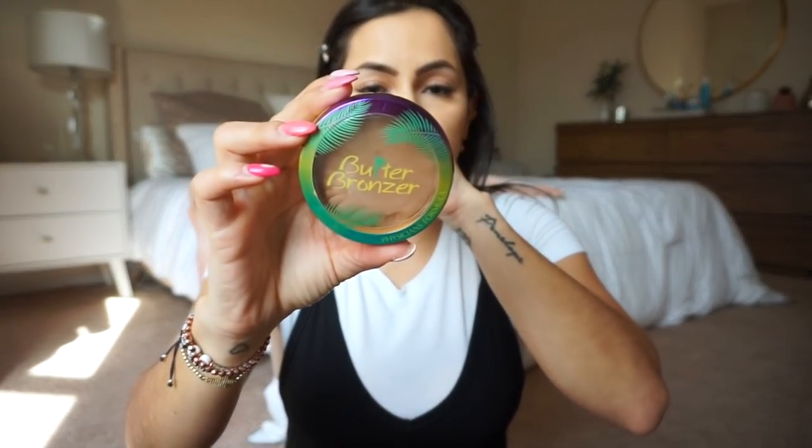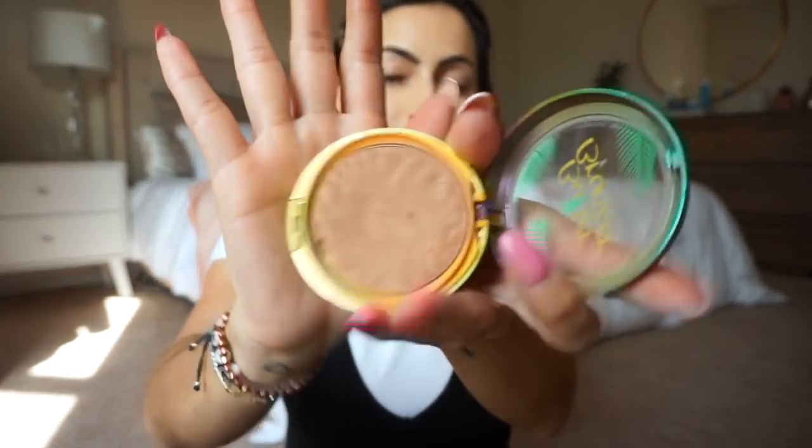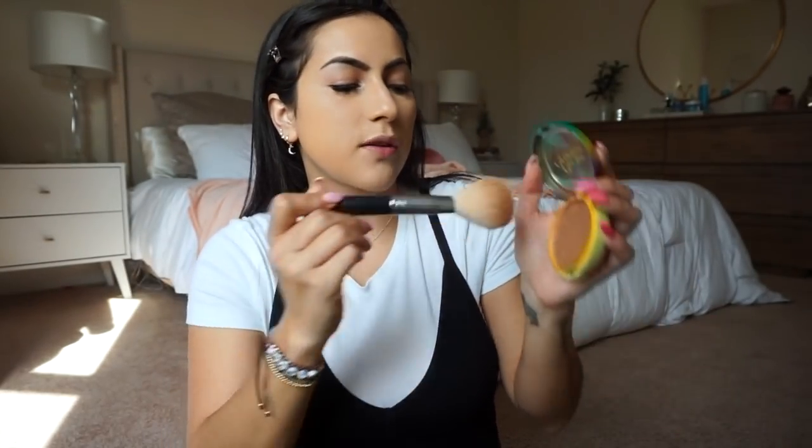For bronzer today, I am using the butter bronzer from Physicians Formula. This is the deep color, the deep bronzer. It smells like coconut, and it's a matte bronzer, and it's really, really good. I'm using this brush. It is from Morphe, and it's the 527. I love this for bronzer. It's a great brush. So I'm going in,